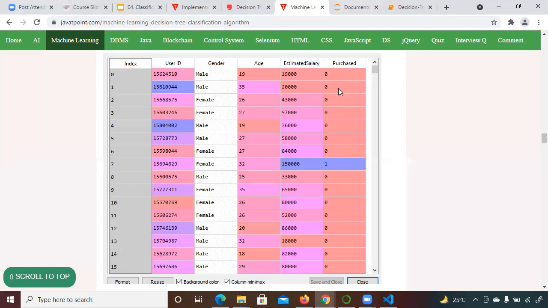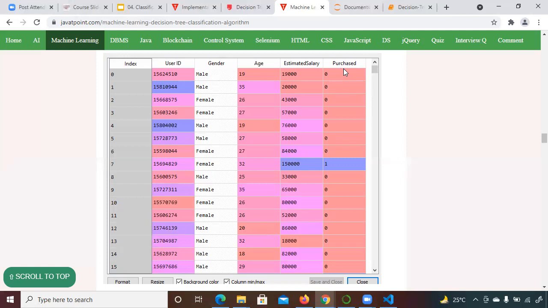Now the question is, why are we going to use 0 and 1, why not yes and no? The reason is that machine learning is based on mathematics, so you are supposed to take the values, the target variable, in numeric form. It helps the algorithm to understand data more easily.